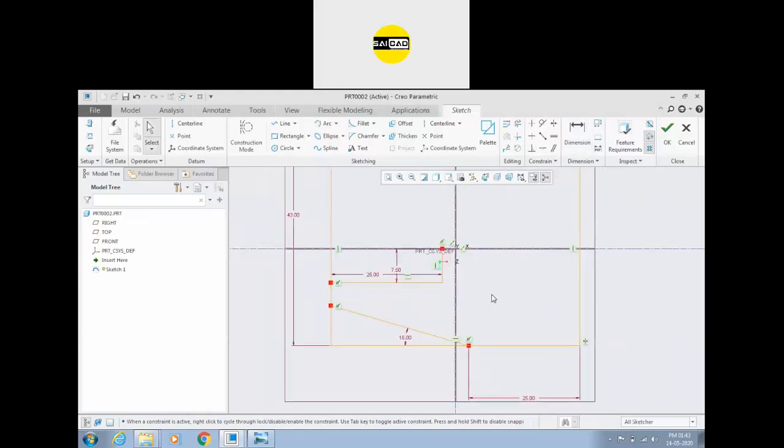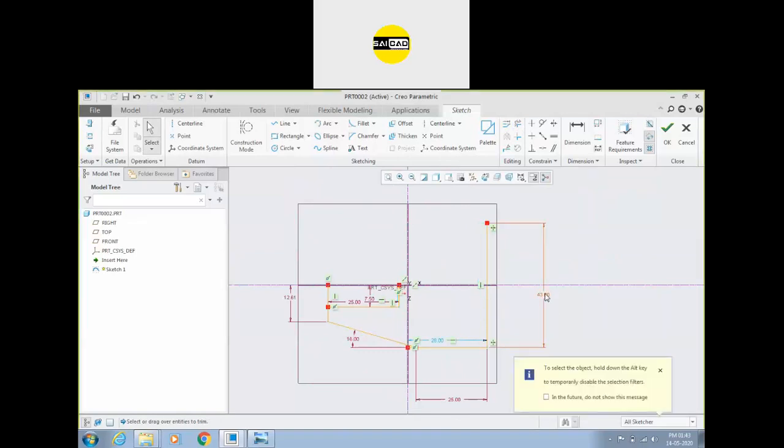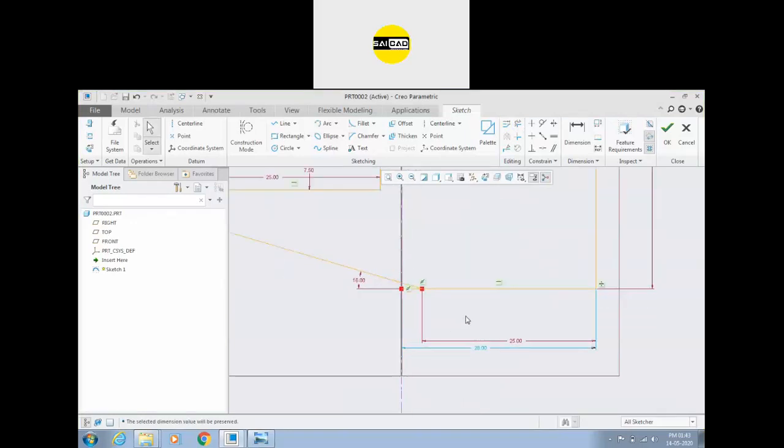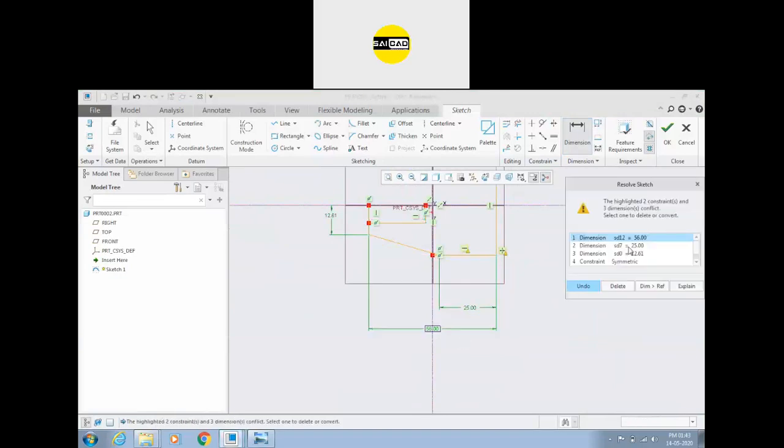Okay, and we can trim the outsides. We can also trim the outside like this. We can define again, or we can select and lock from here. So we have to specify the full value again. That was 56.